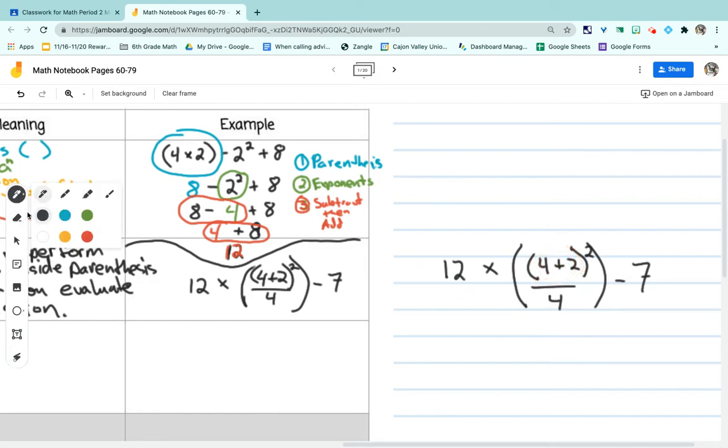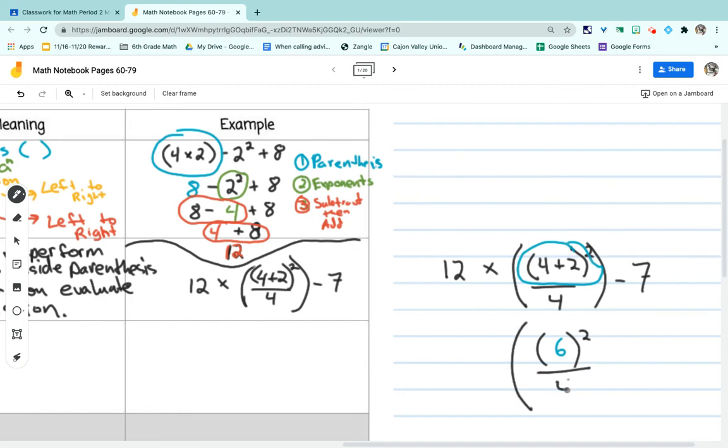So I'm going to circle that with blue because I'm doing a blue parentheses here. This is what I'm going to be solving first. I'm not going to be doing the exponent yet. So 4 plus 2 is 6, okay? And I know that. I'm going to keep these parentheses around it. We have that exponent of 2 still there. This is all still divided by 4